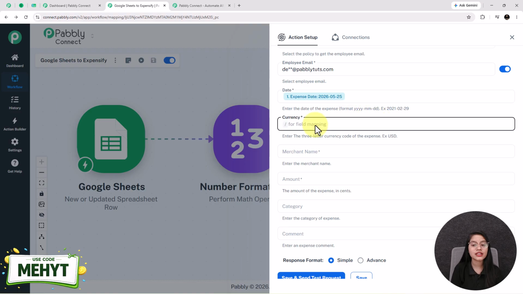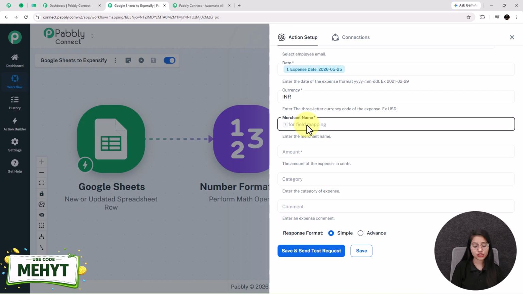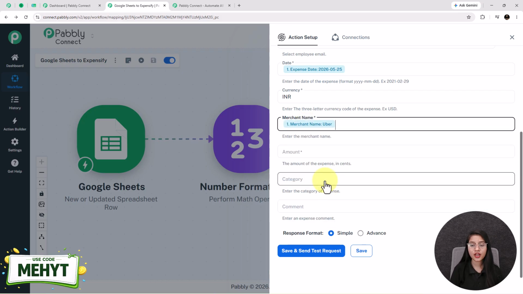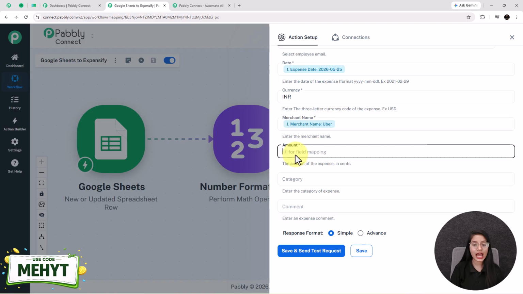Next, you just have to enter the 3-letter currency code in this field. Here I am going to enter my currency code as INR because I am an Indian. After that, in this merchant name field, I am doing the mapping from the previous application, that is Uber. After that, in this amount field, I am going to do the mapping of the response from the number formatter,